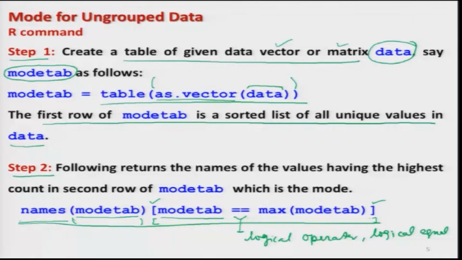For example, we have the less than sign, the greater than sign, and the equality sign, but the logical equal sign is denoted by two equality signs. And then I am trying to find out the maximum value of the data which is inside the modetab. Here I would just like to inform you that I have used the commands names of modetab, and this function is generally taught when you learn R software logical operators and how to extract the names from a data. But here I would not go into those details; I would simply request you please use this command.